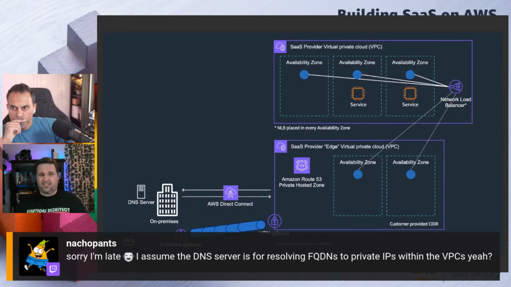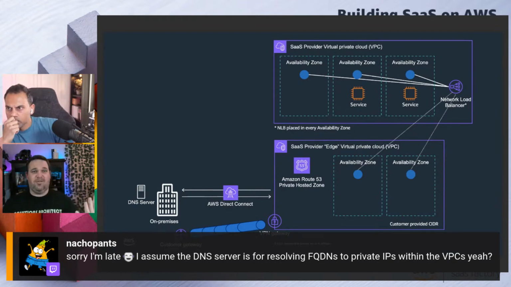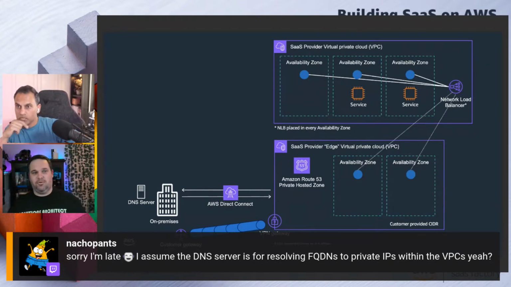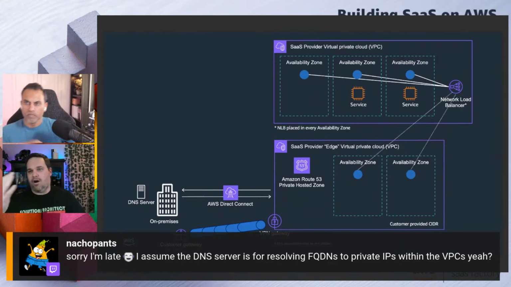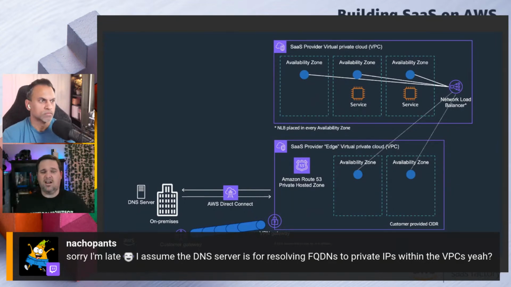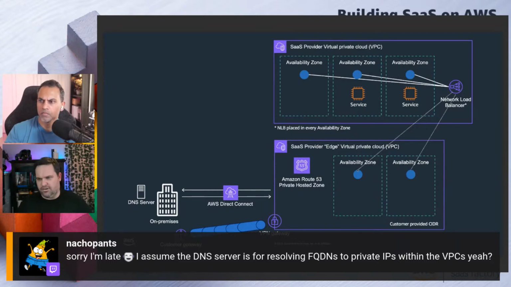I don't expect any SaaS company ever to turn off their public endpoints, because that's fundamentally the happy path. This is the opt-in private connectivity path for those tenants that require it. So it comes down to how you want to implement it, and how we tell our clients, the end users and their applications, be it a single page application or a web page, that they need to connect to these internal VPC endpoints. That's the piece we're trying to solve. So the DNS servers really are for overriding the DNS resolution, to get the requests through to that.